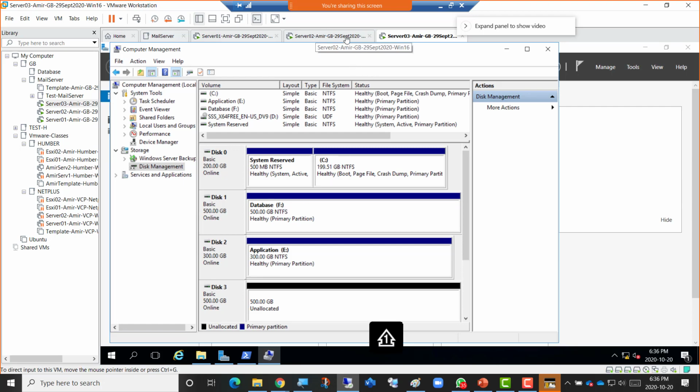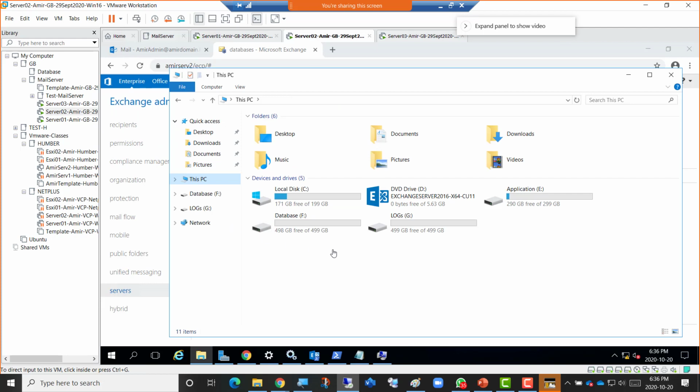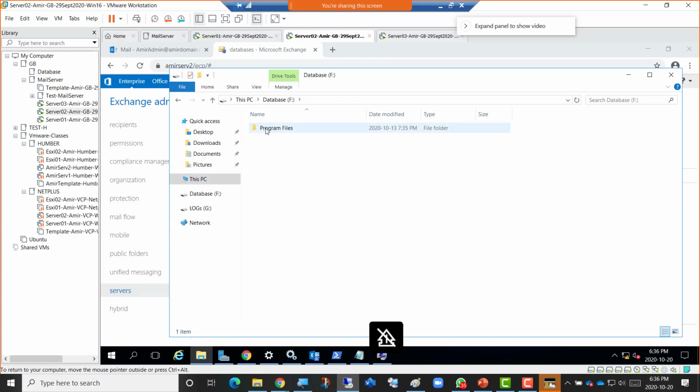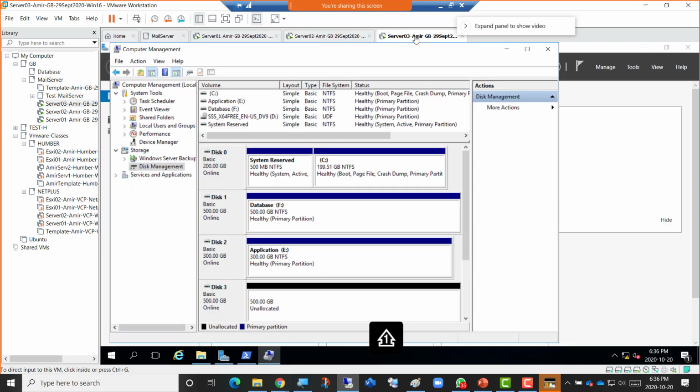I'm just going to double check in server 2. Yes, database is F drive. Because we're going to install database, and even inside this exactly has to be the folder structure in the other Exchange server as well. Otherwise, the database will not fail over. In case of disaster, database will not fail over or migrate to the server 3 if the path is not exactly the same. So I'm going to go to server 3 back, and so the 500 GB for database is already formatted. I'm going to go for the other one for logs,